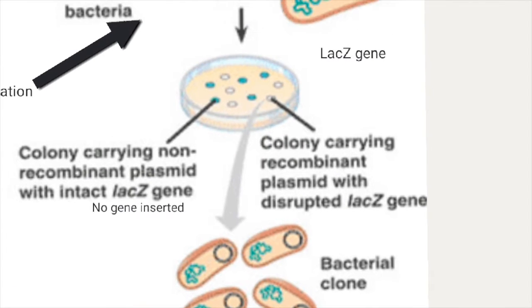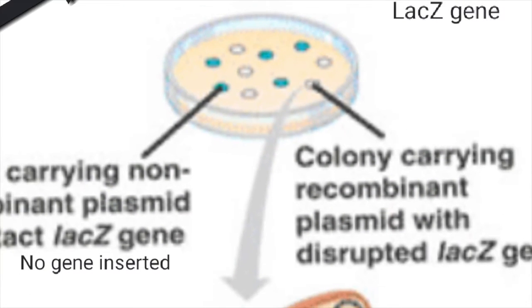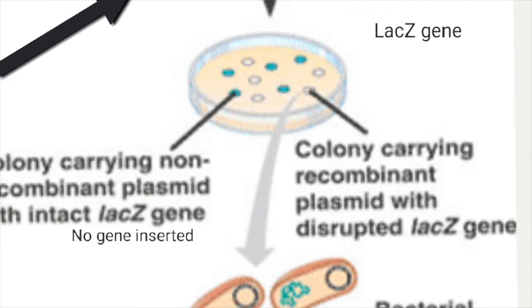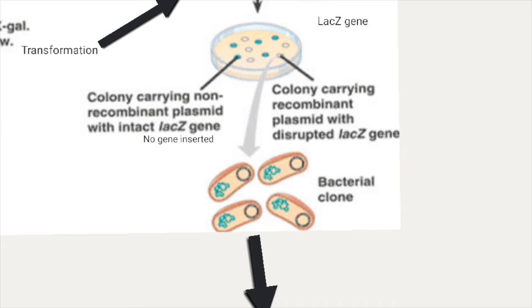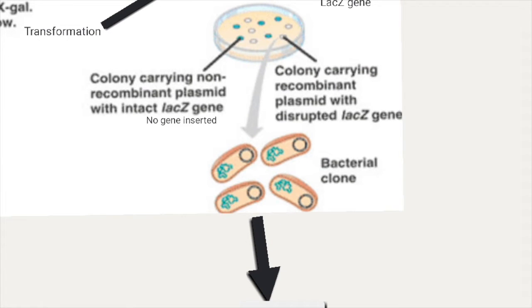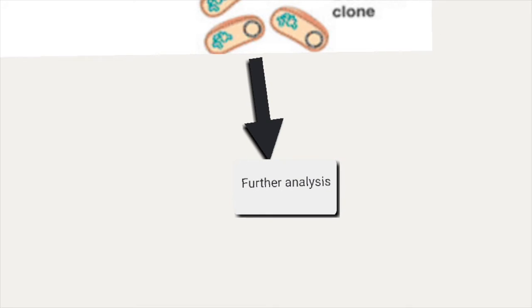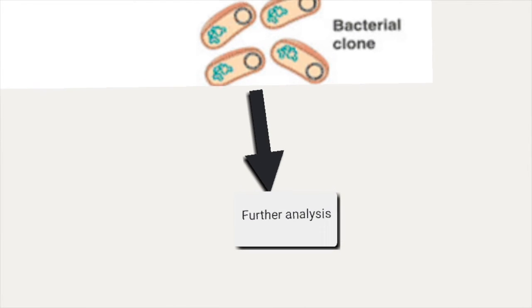The cells with the recombinant DNA, which are the ones colored white, are then selected and grown to produce a large population. The recombinant DNA are then isolated and purified from the bacterial cells, and further analysis techniques are used to confirm that the correct recombinant DNA has been